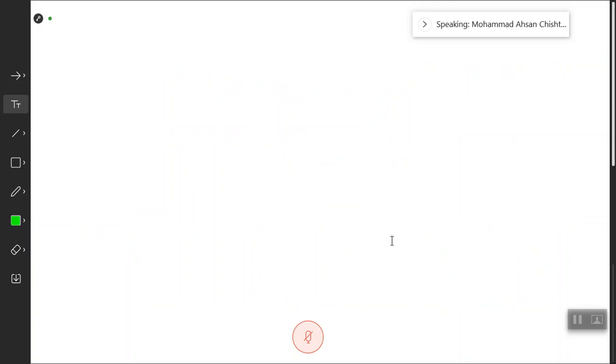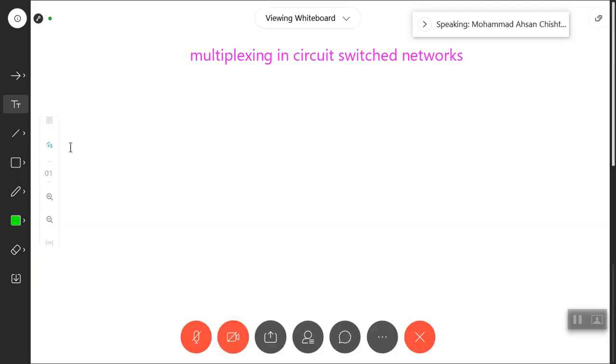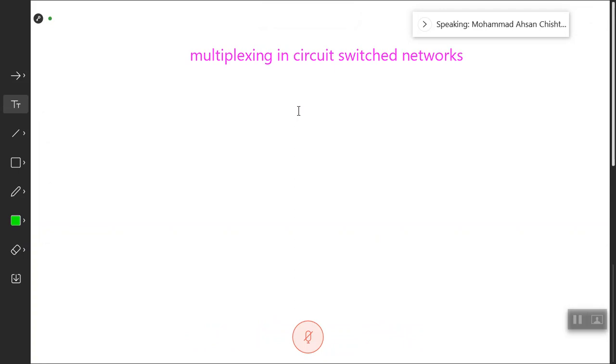So we would have multiplexing in circuit switched networks. Either it can be FDM or TDM. Now, what is frequency division multiplexing, time division multiplexing? You might have studied it again in datacom, but I'll still